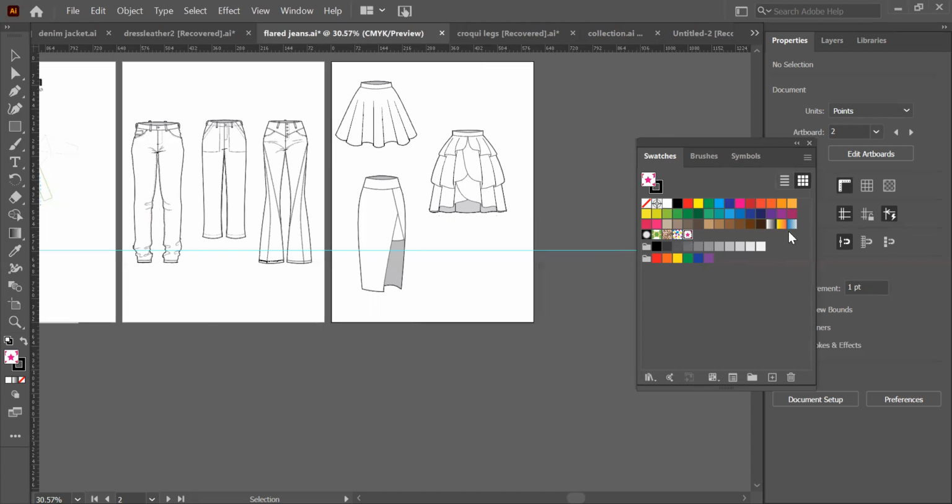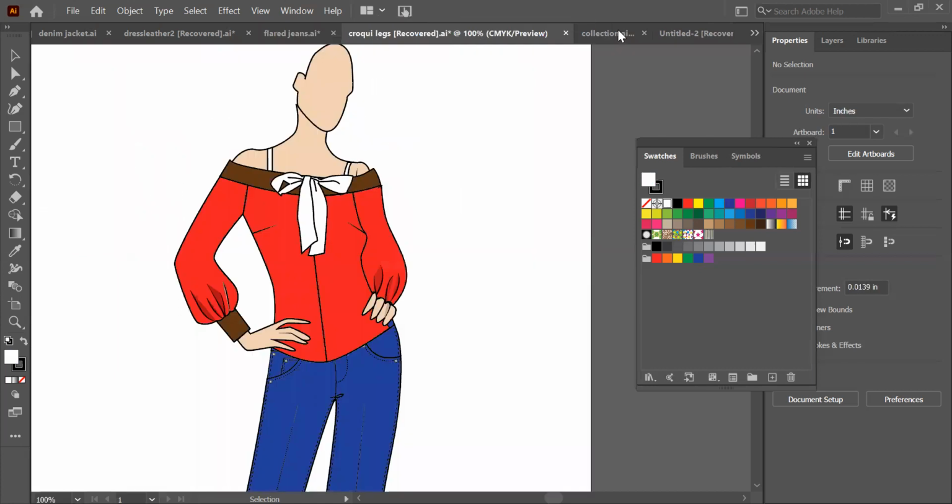And this is how you basically make your swatches, and you can save it as an AI file. And then later on, you can open it anyhow. Even if that file you don't remember, you know that a swatch has already been saved. So suppose I open it here, I've already opened it. So these are my swatches I've added here. So this is one way of doing it.